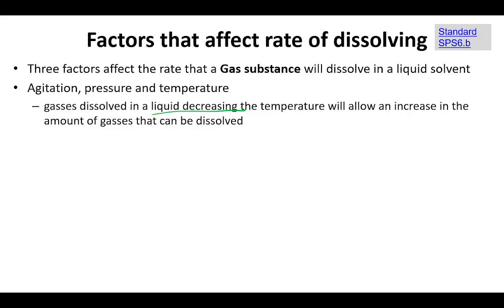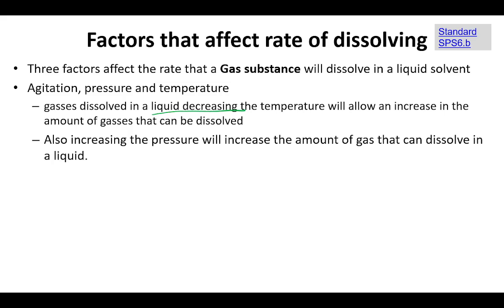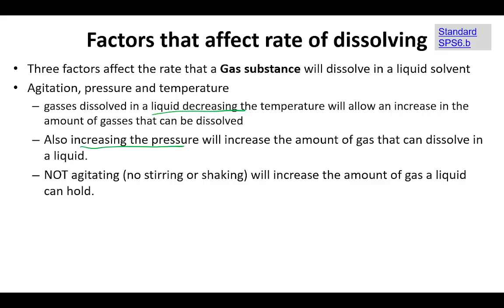So pressure, how does pressure affect it? Well, we're talking about a gas. If we increase the pressure of the gas, we're going to have more gas molecules hitting that liquid at the same rate. And if you've got more particles being forced into the liquid solvent, therefore it will dissolve faster. So higher pressures will increase the rate at which you can get a gas to dissolve. So increasing pressure, and I know I already said this, but not agitating it. So not stirring, not increasing